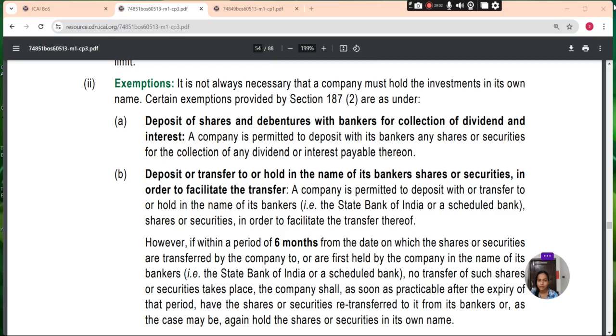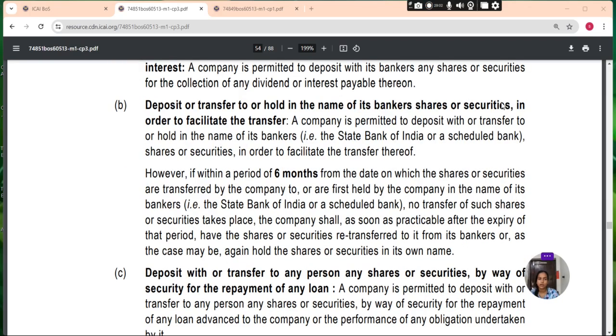However, within a period of 6 months from the date on which the shares or security are transferred by the company to, or are first held by the company in the name of, the bankers, the State Bank of India or a scheduled bank,